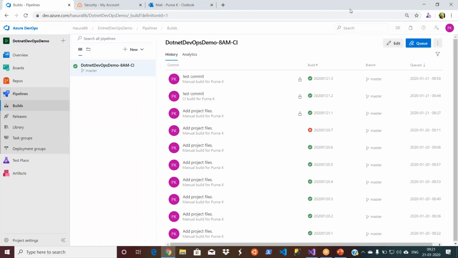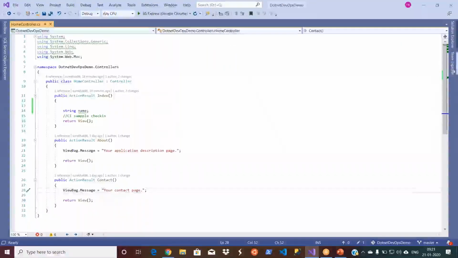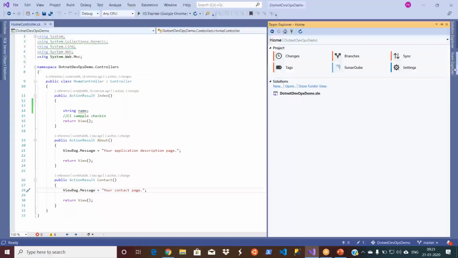Is there a process? Yeah, you can see. So if you go to the Visual Studio, right, you have the Team Explorer, right? You already integrated your project with the Azure Repos, right?